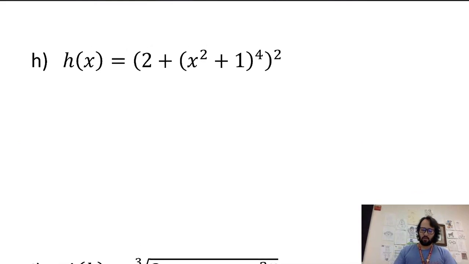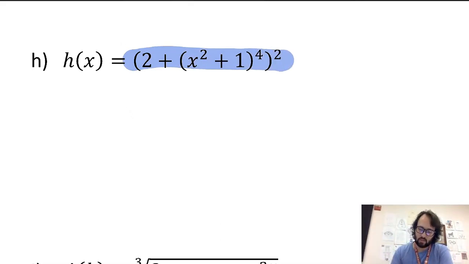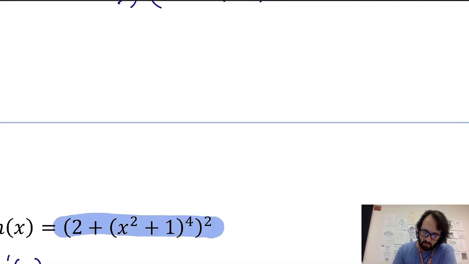All right. This one seems to give us some issues sometimes. But really, you have to remember, you're looking outside to inside. So the biggest thing that I see is that giant parentheses with the squared on the outside of it. So h prime of x would need to be,